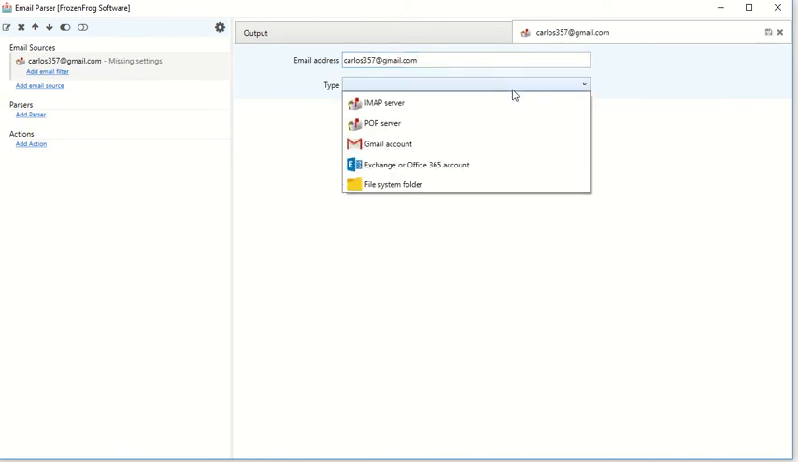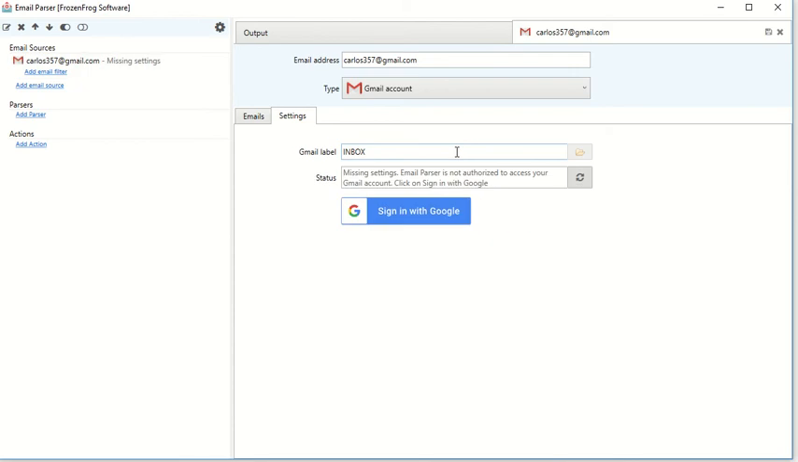Okay, and I will choose the protocol. In this case, we will use the Gmail API, clicking this. And then as you see here, Email Parser is telling the user, you need to authorize Email Parser to access your Gmail account. Click on Sign in with Google to proceed. So we click here,